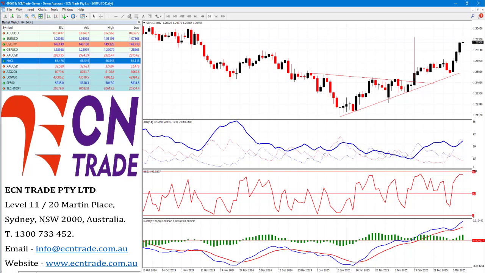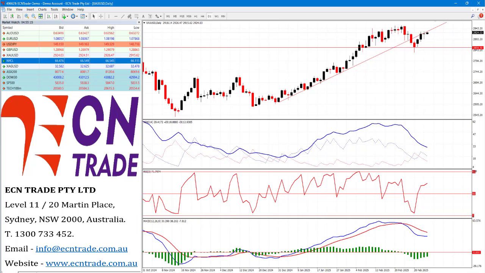Sterling has reached its topside target of 129. It was the measured move from the inverse head and shoulders, and from the break of the neckline now reaches its target of 129. Therefore, I'd rather sit out for the moment and reassess the next position, as no doubt the outcome of the non-farm payrolls report will be a key catalyst